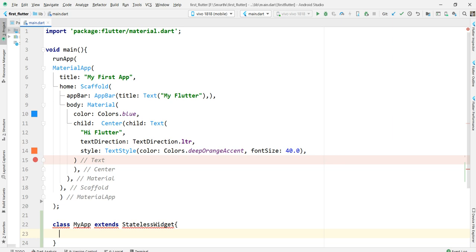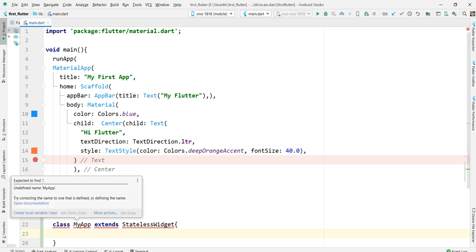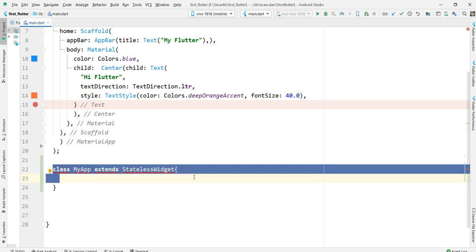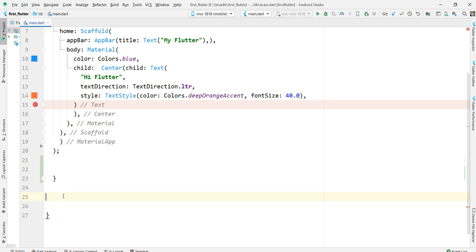So: class extends StatelessWidget. You need to write this outside of main.